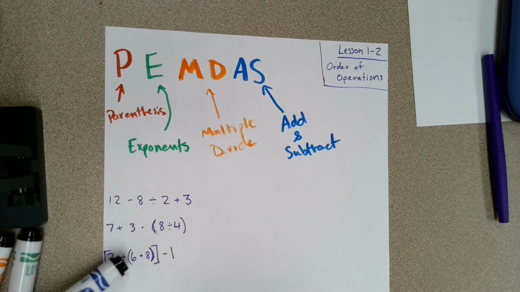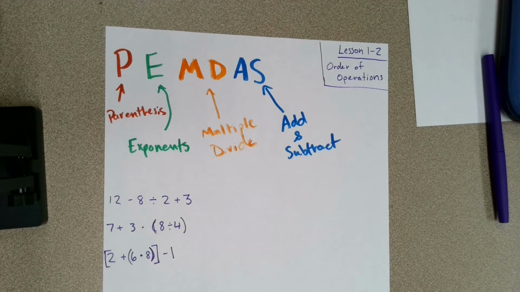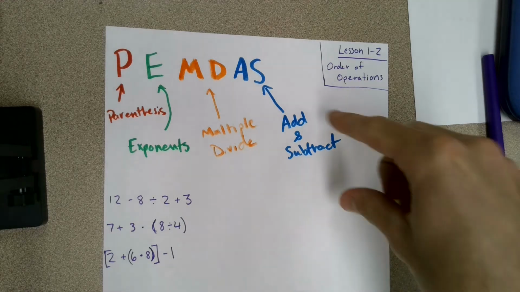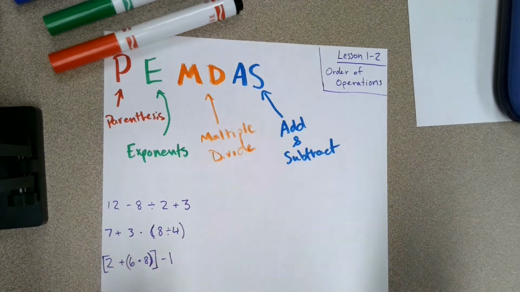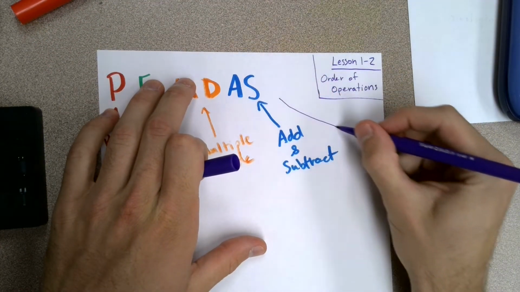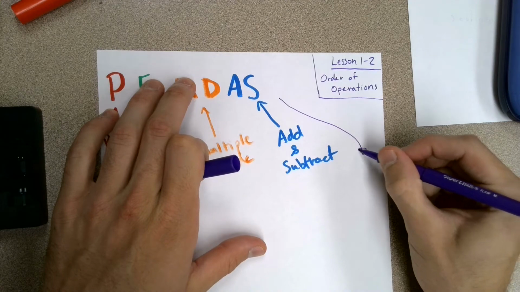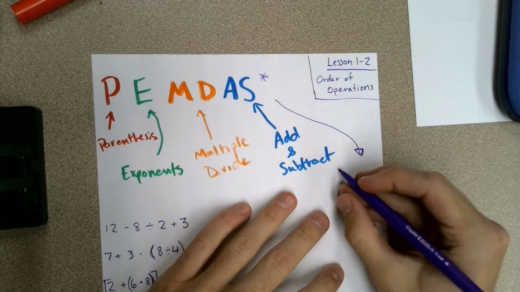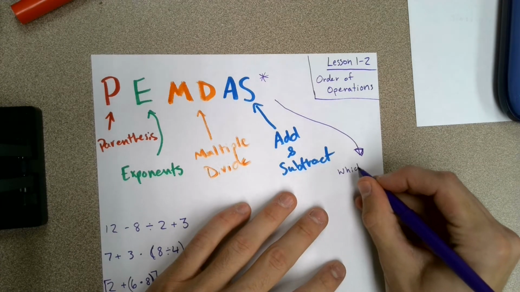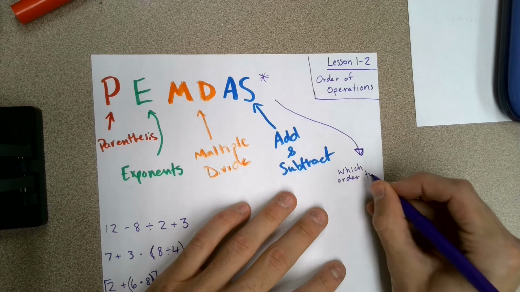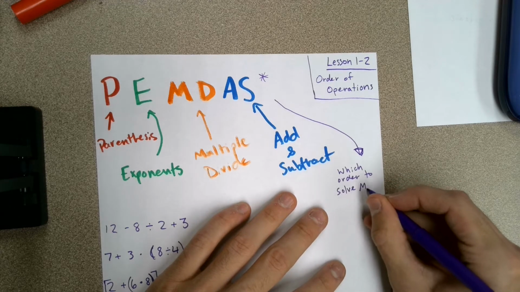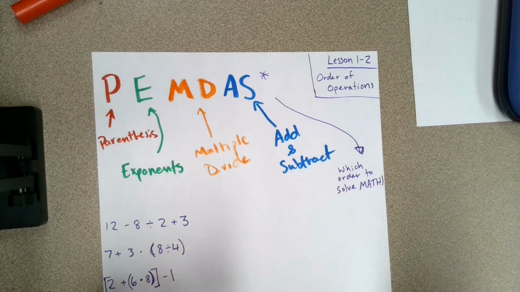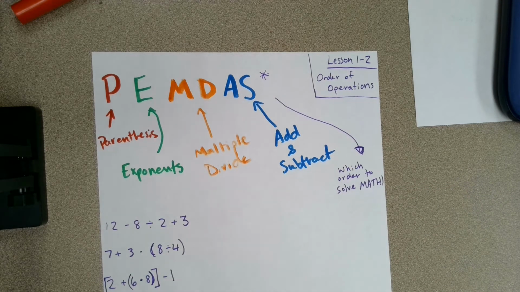Awesome. Well, we have PEMDAS all written out now, and we know what it stands for. But what in the world does that mean? Well, I'll tell you. The order of operations, what this means is this is how you need to solve all of your math problems ever. So if you've never heard of this before, it's huge. Super important. PEMDAS is so important. It tells you which order to solve math. And it is in the order of PEMDAS,